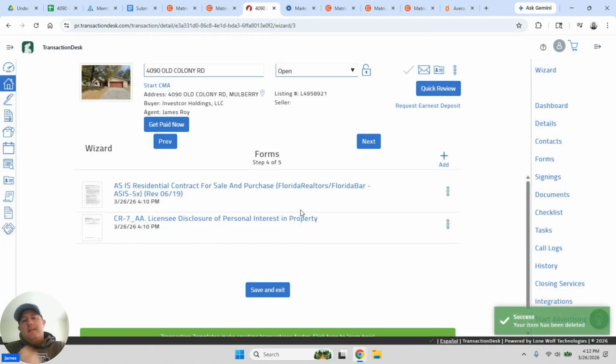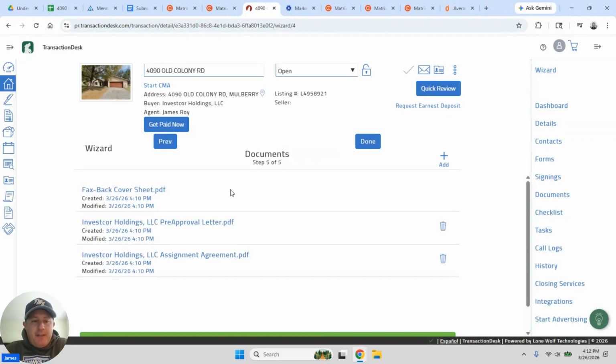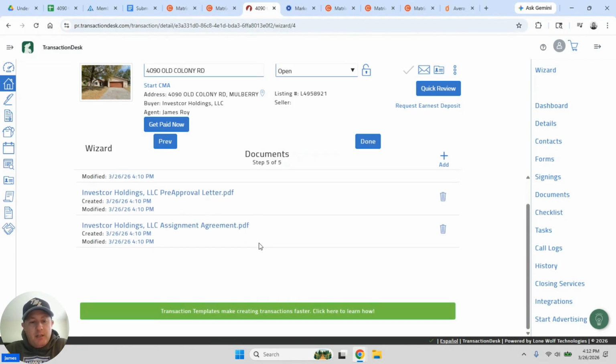Okay. So if you were direct to seller, you'd have that no brokerage relationship agreement. You would have them sign that so they understood that we are not representing them in this transaction, right? And so at this point, it's just going to be these two documents. And then here's our pre-approval letter and our assignment agreement that loads in automatically for you to use, hopefully, when